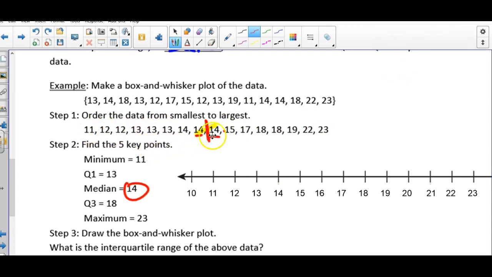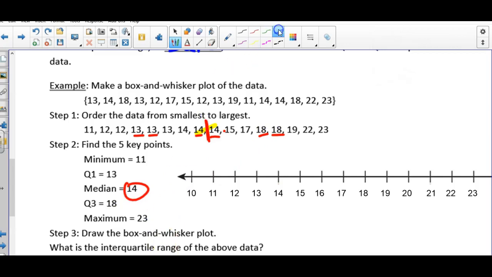quartile. So this is 8 items. If you count in 4, those are the middles: 1, 2, 3, 4. So that means the average right here is 13. So 13 is my first quartile. And again, 1, 2, 3, 4. That is the average of 18 plus 18, which is 18. So that's my